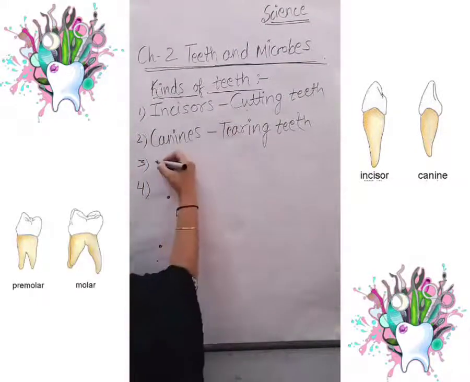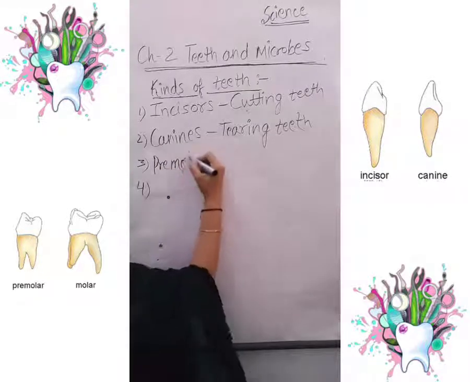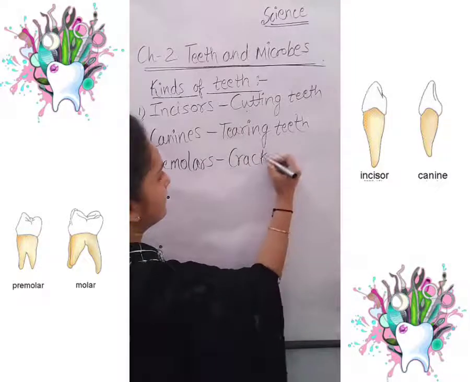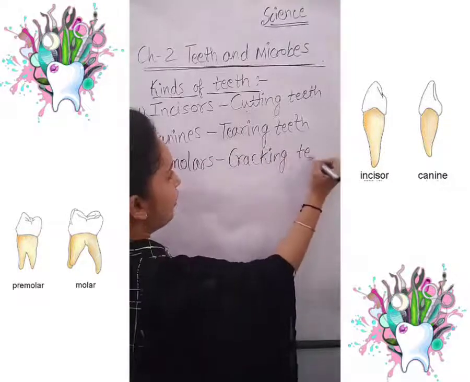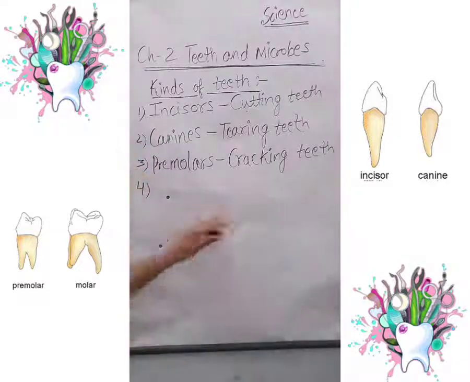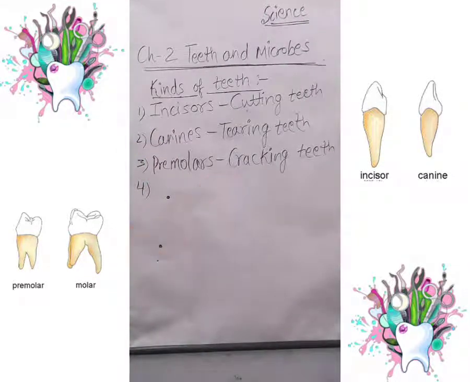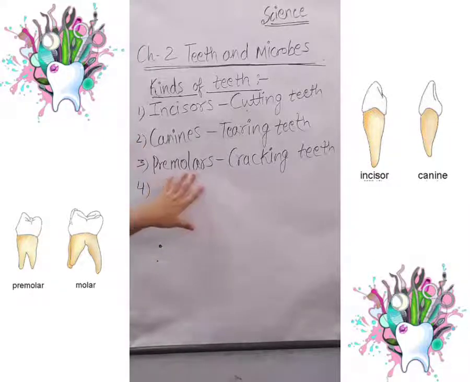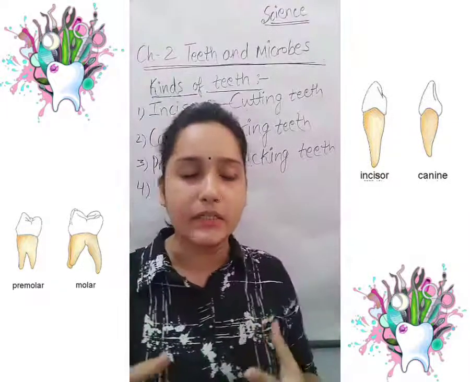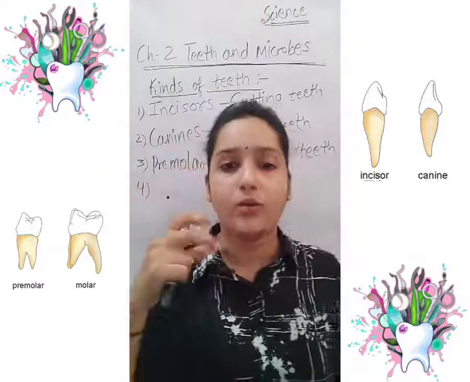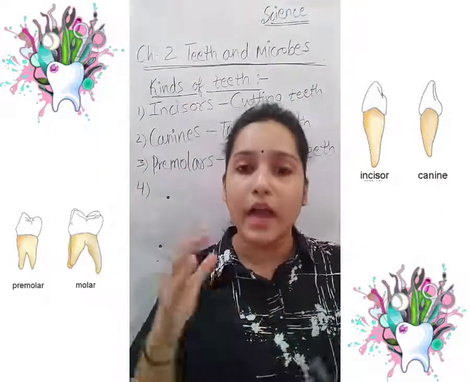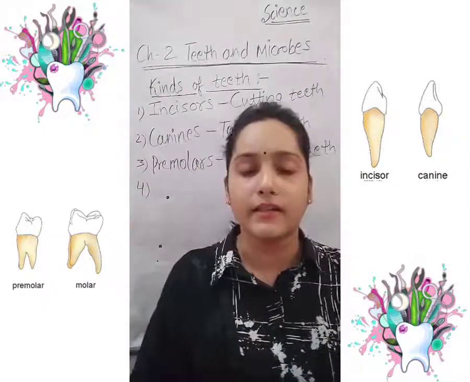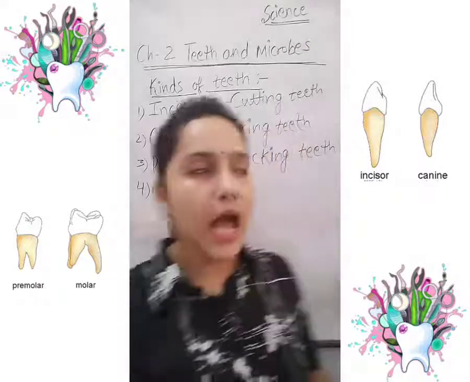Now the premolars, which are also called cracking teeth. These premolars are 8 in number and are present beside the canines. If you want to eat any nuts, you need to break them down or crack them. That's why you use your premolars for cracking nut kinds of food items. Now the fourth one,